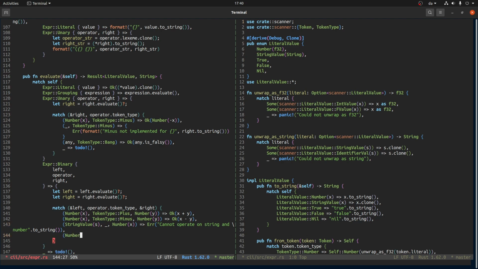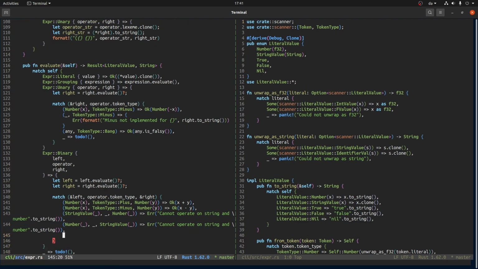Fantastic. Now we have to do the same thing. Yeah, we don't need these anymore. Away with them. And the same thing here, if it's the other way around, we return the same. Okay. But if it's a string value S1 and a plus and another string value, then we do want to do something. Actually, we want to make a new string value. We wrap it in OK. We make a new string value, which is